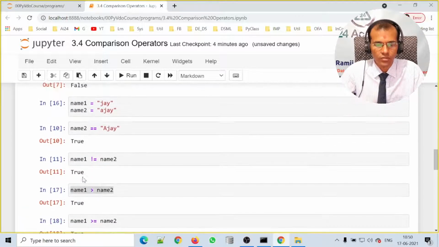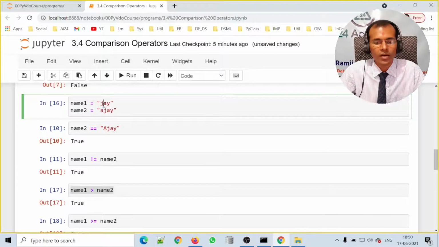Same result, because name1 is greater, even though the number of letters is 3 here and 4 there.